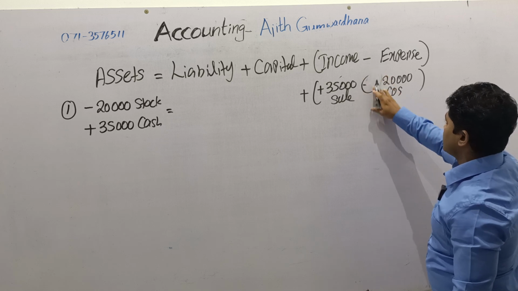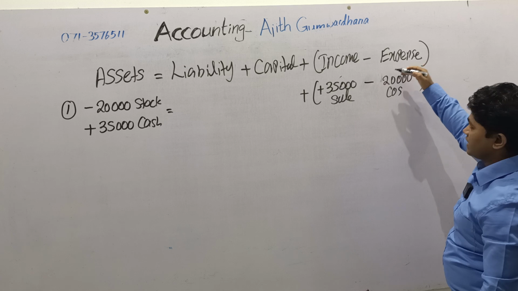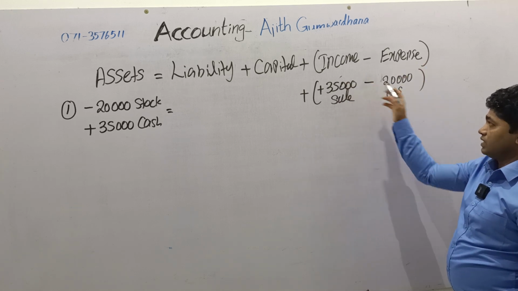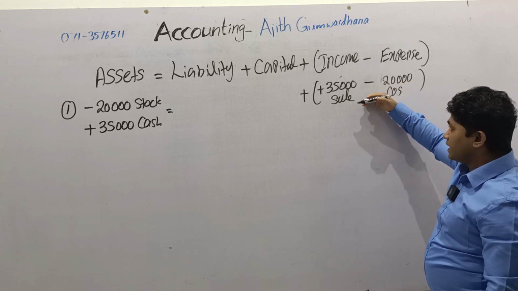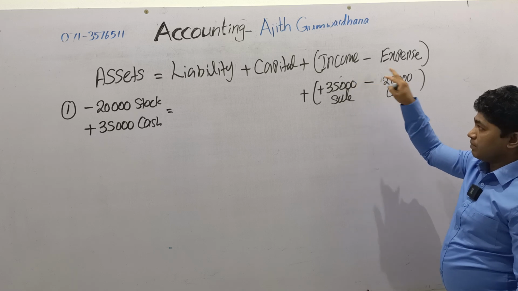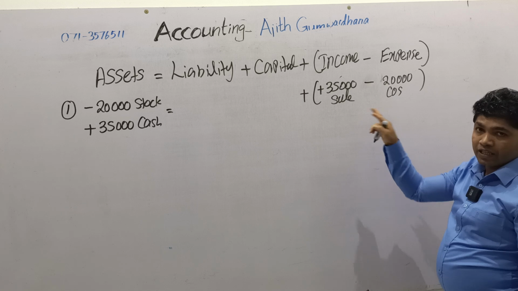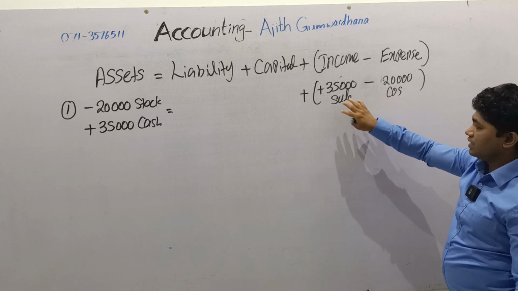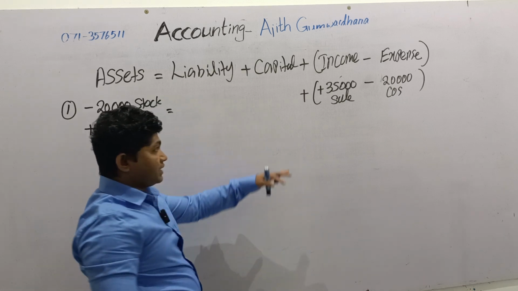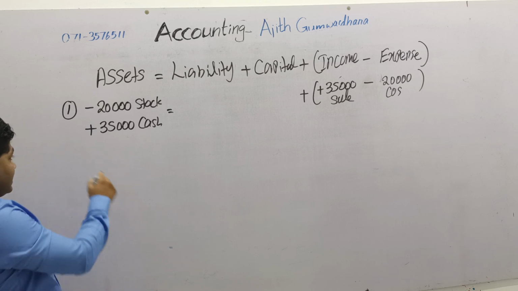Therefore, here can be written as a minus. Plus minus minus. Effect for expense increase and effect for income also increase. Then the difference will equal 15,000. 15,000 cannot be recorded if it is given income and expense separately. 15,000 can be recorded if it is given equity or if it is given retained earning. But if it is given income and expense separately, income equal 35,000, that is the sales value, and expense increase 20,000, that is the cost of sales. In this transaction,